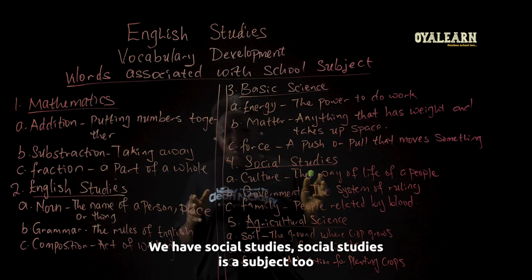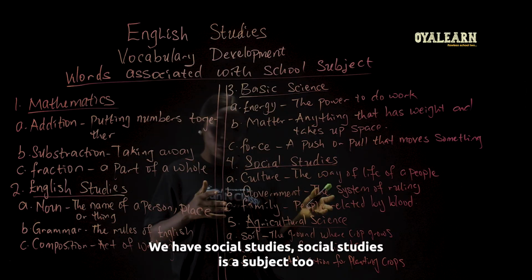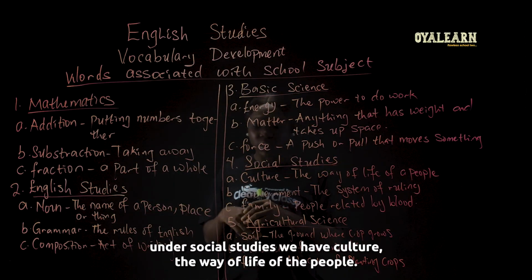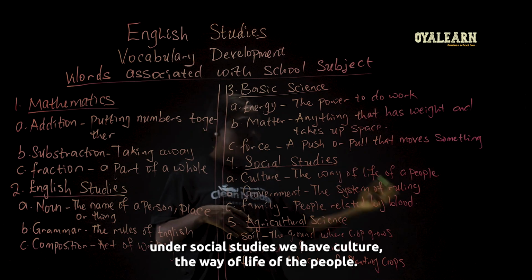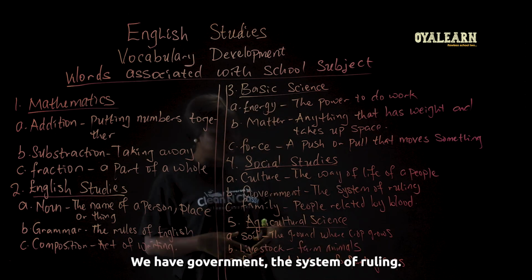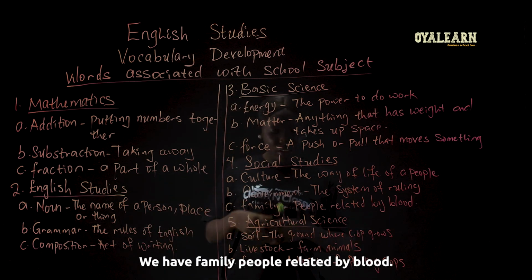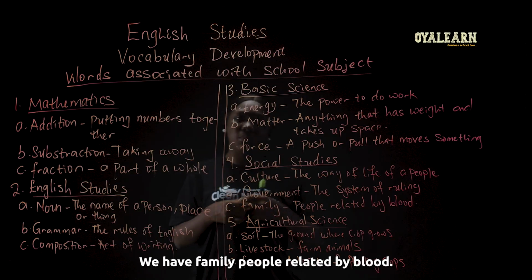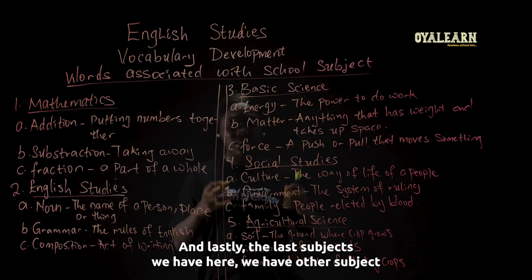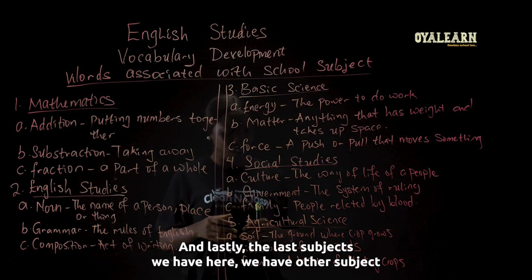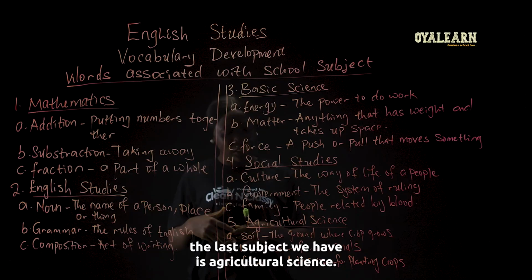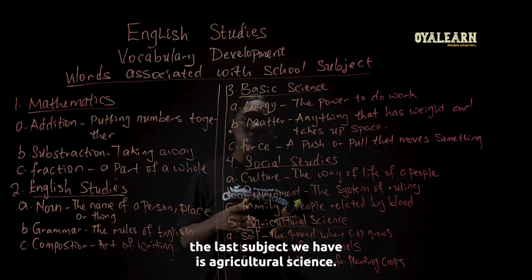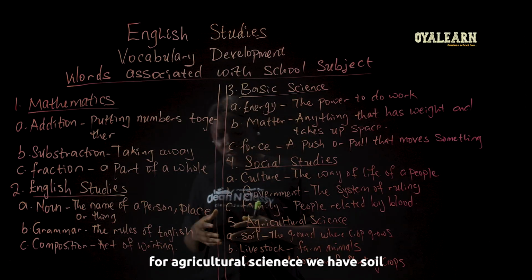We have social studies. Under social studies, we have culture, the way of life of the people. We have government, the system of ruling. We have family, people related by blood. And lastly, the last subject we have here is agricultural science. For agricultural science, we have